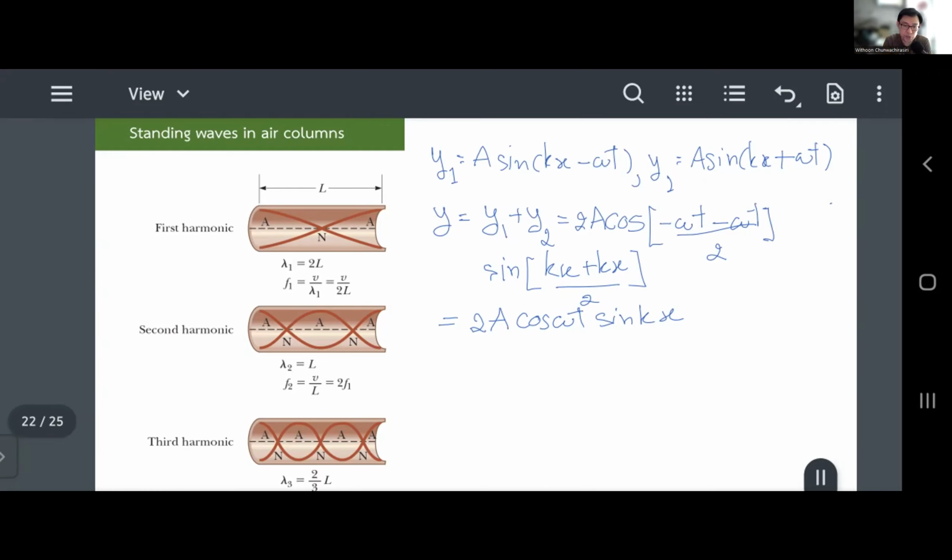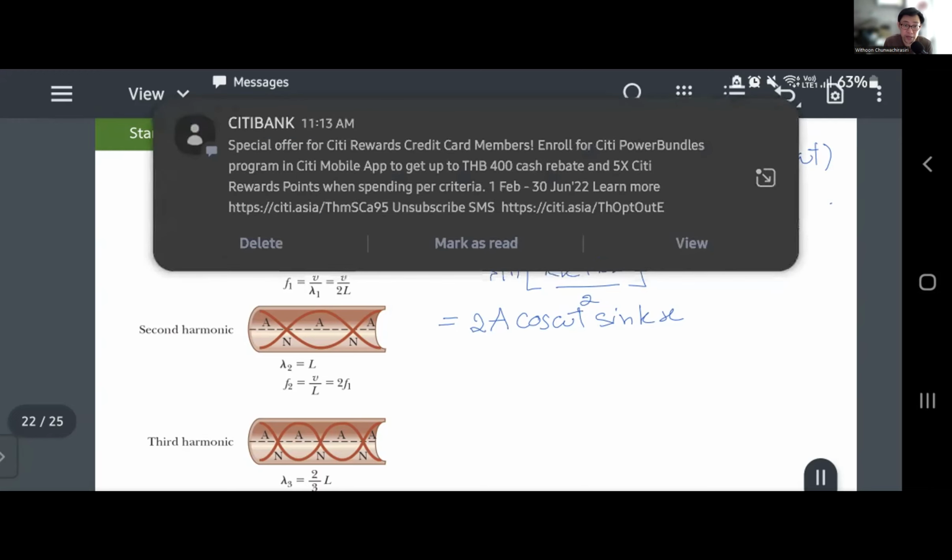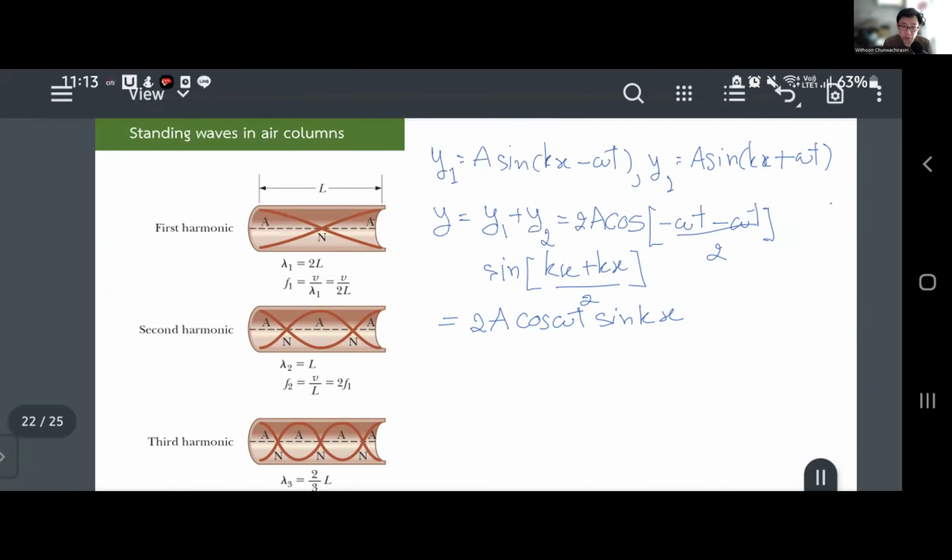So I just want to ask you, what do you see from this function? It's still a two variable function anyway, right? So what you have over here is a t and an x in there, but now they are not in the same term anymore. But what can you tell me about this one? Slowly think about this. If you look at this,